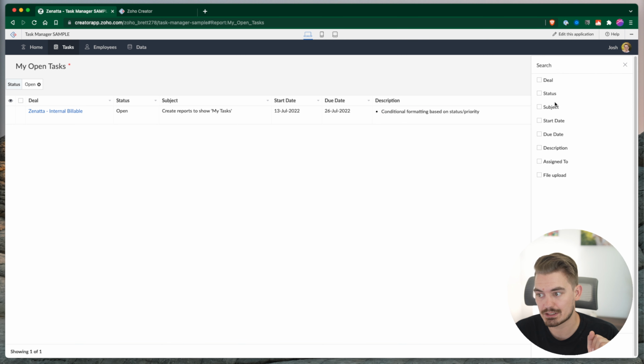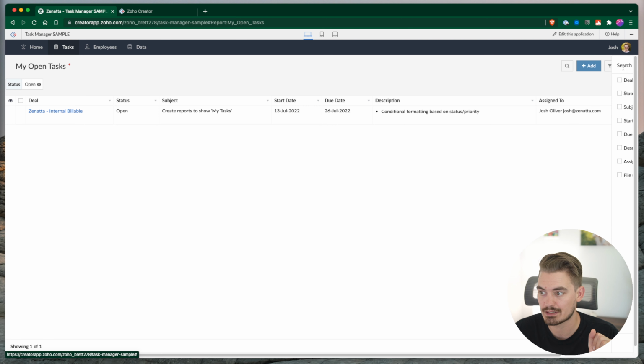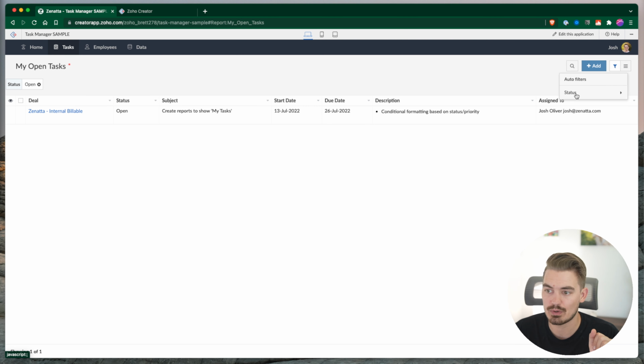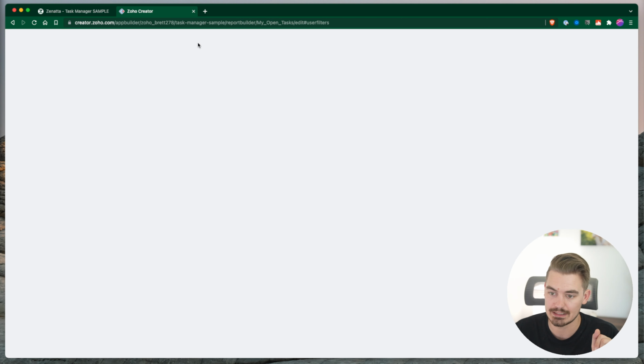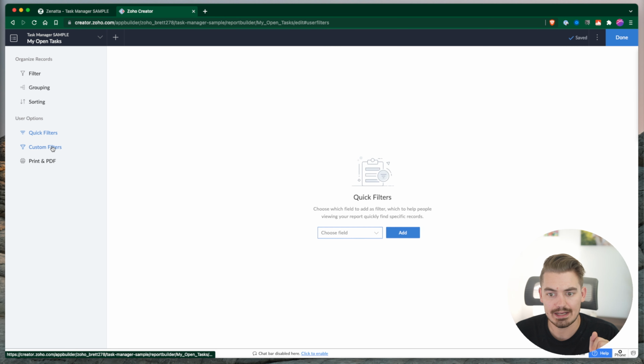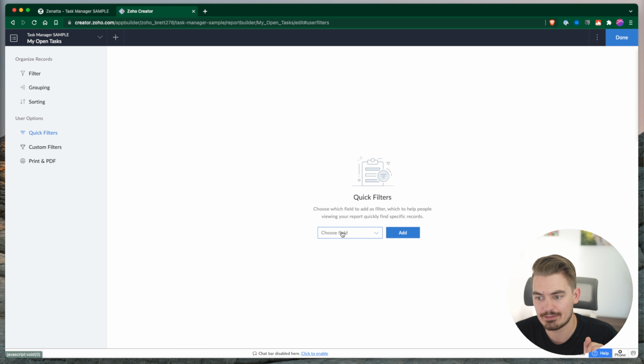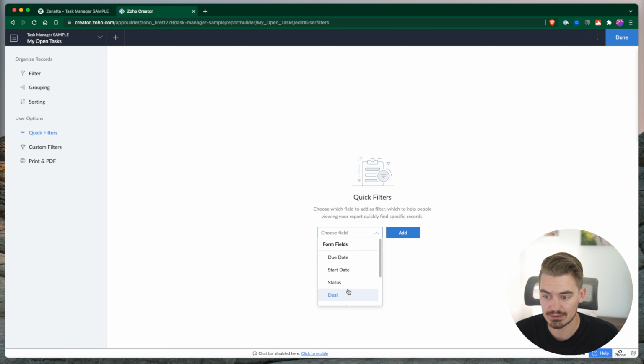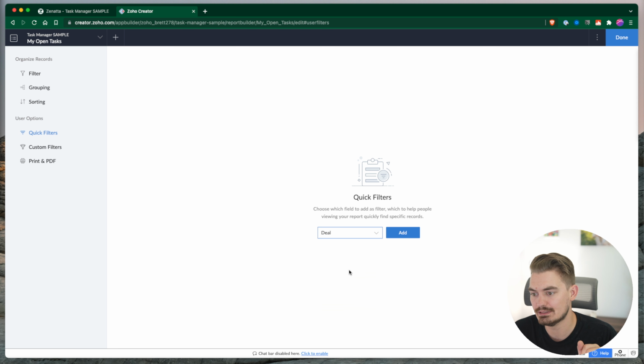You could also search and do a status contains this. So that's another way to do a filter. But sometimes quick filtering might be a little easier to get to. One that I use a lot more is custom filters. This would be to define a specific filter. And let's say maybe we want to say if deal,